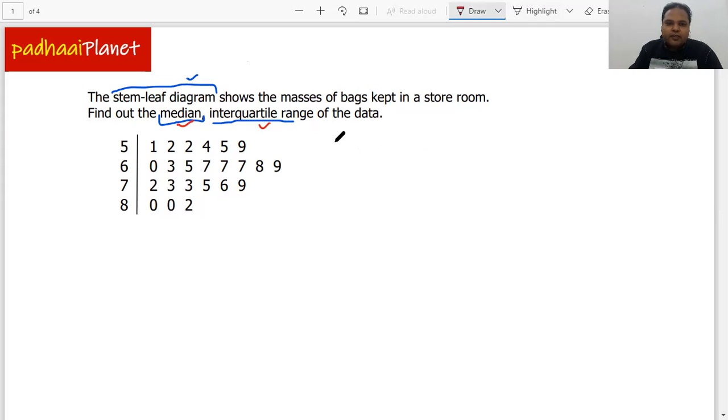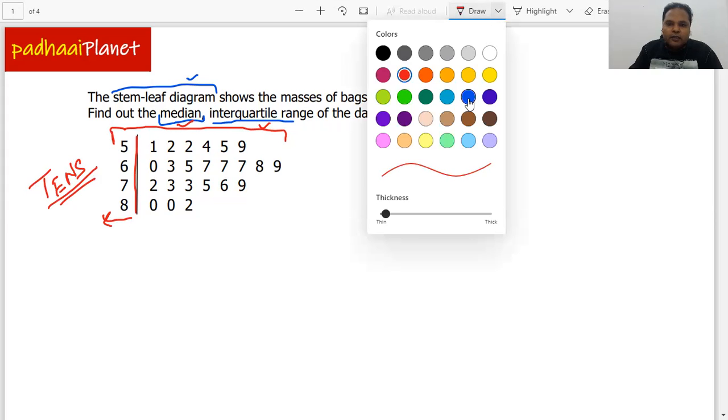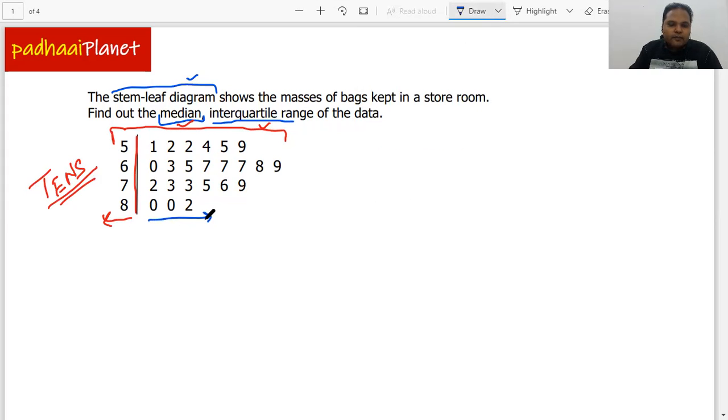Before I move ahead, let's first understand how we read a stem and leaf diagram. These are the data values given in this diagram from here till here. All the data on this side of the line are the tens of the data value, and all the numbers shown here are the ones of the data value. So if we look at 7 and 9 here,